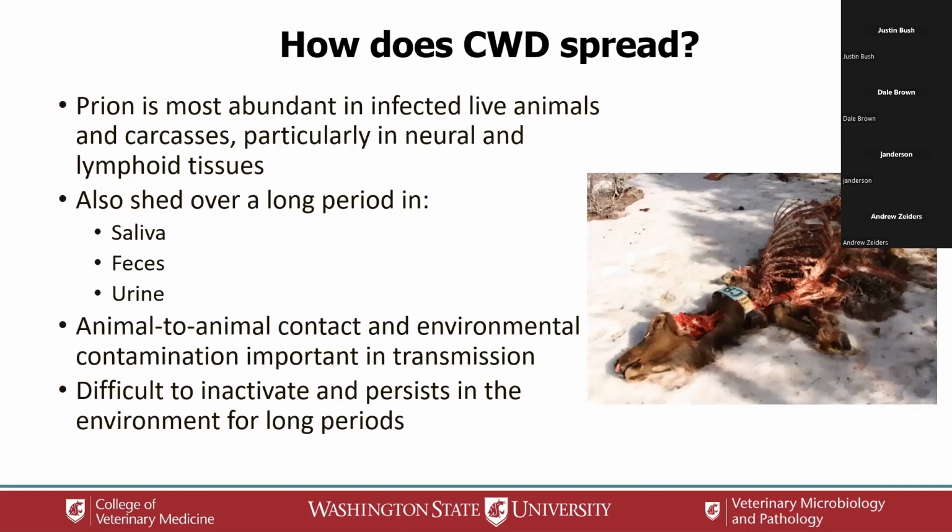The disease is spread primarily probably through carcasses or excretions from live animals: saliva, feces, and urine. These get into the soil and stay for a long time. Prions don't break down, and so this environment is contaminated with these prions for a long time, and disease transmission